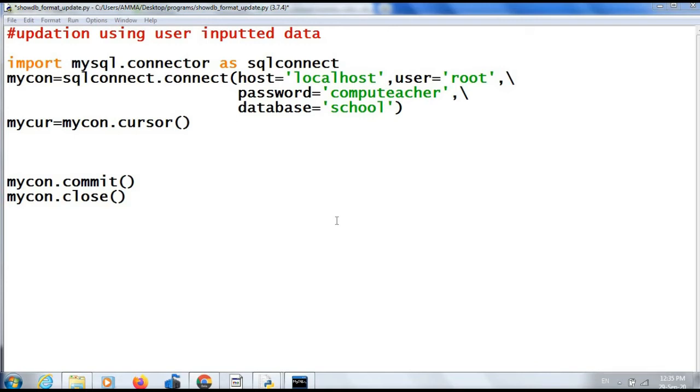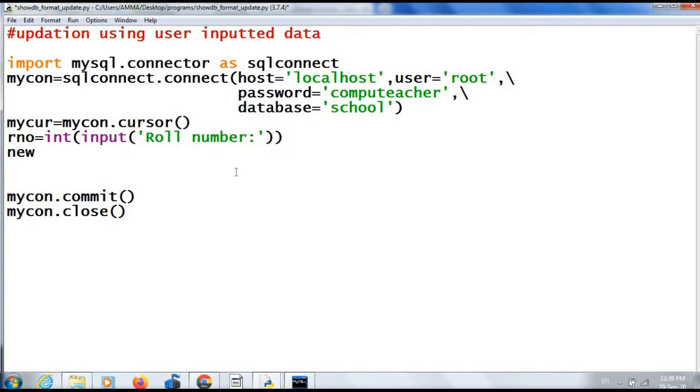Next we will see the update query. Update our student table using user inputted data. We are going to change the name of a particular student. After cursor creation, I am going to accept the roll number whose name has to be changed: RNO equal to int of input, roll number, then new name equal to input, the name.